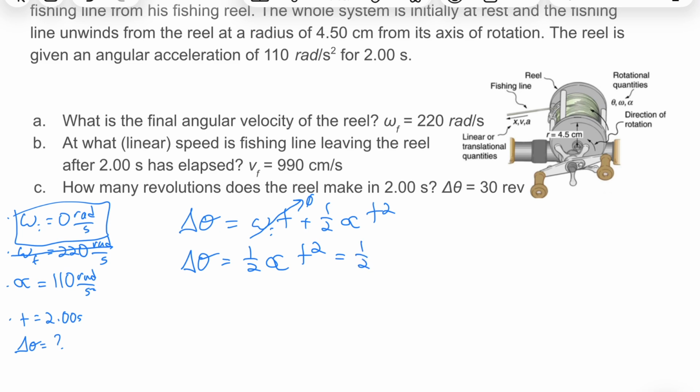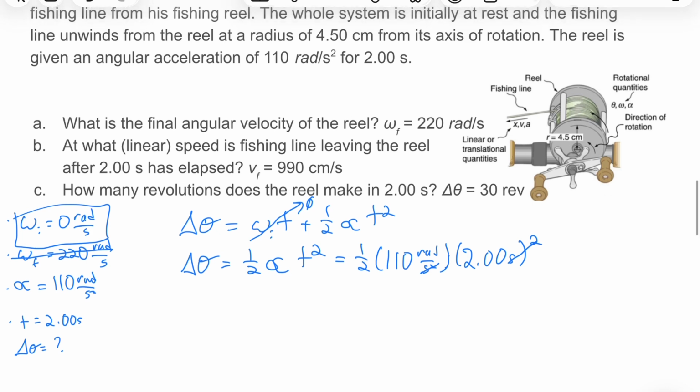So that means 1/2 times 110 radians per second squared times our time, which is 2.00 seconds, and then we will square that. If we look at our units, the seconds squared in the denominator cancel, and we'll end up with just radians in the end, right? So 1/2 times 2 times 2, times 110, so we should end up with